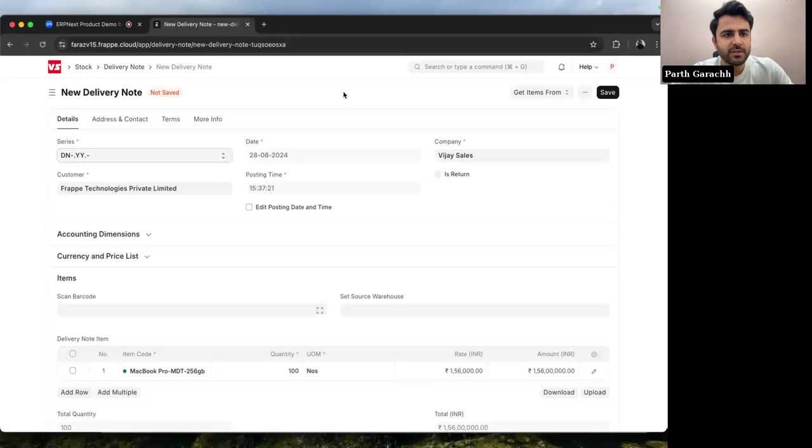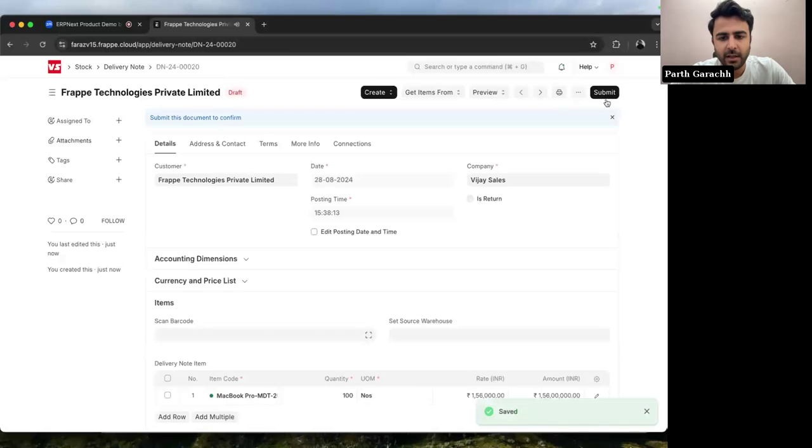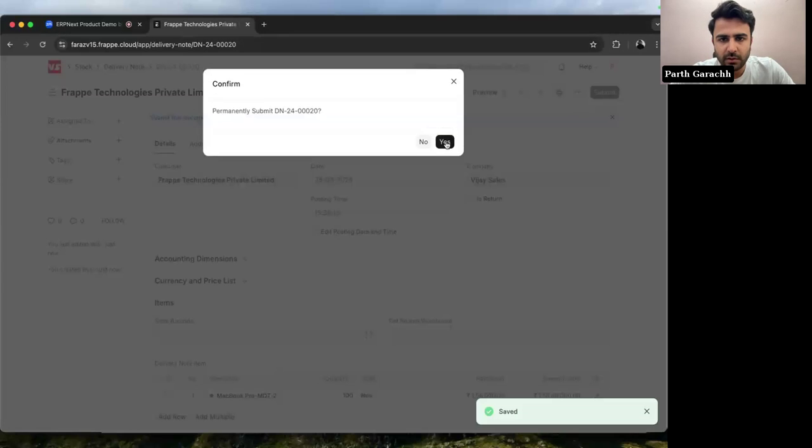Now remember, just like purchase receipt, it impacted your stock and it posted an entry of stock inward. Delivery note will also impact your stock and it will make an entry for items which have gone out of your warehouse. So if I just click on save and then submit this delivery note,